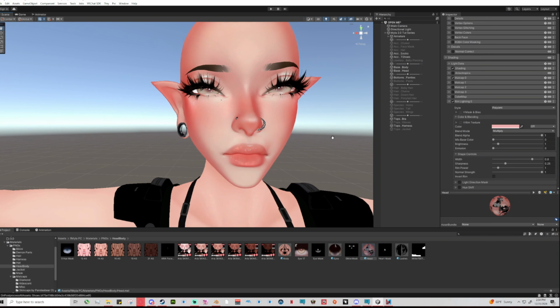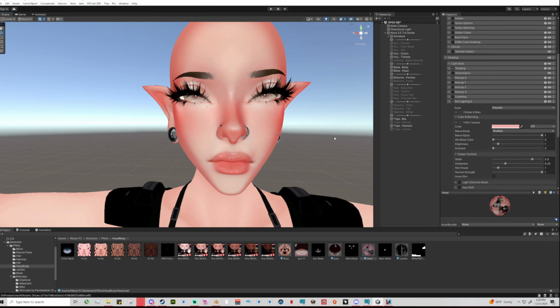Multiply will give it more of a rendered look. Obviously it's adding that shading. You can add and change the width and the sharpness and the rim power, and of course your normal strength, and then of course invert. So what I normally do is I'll add